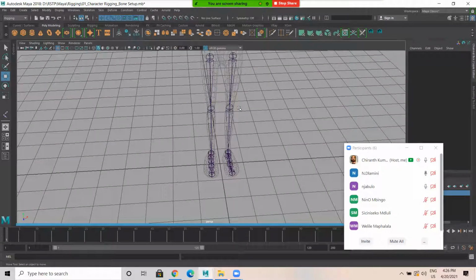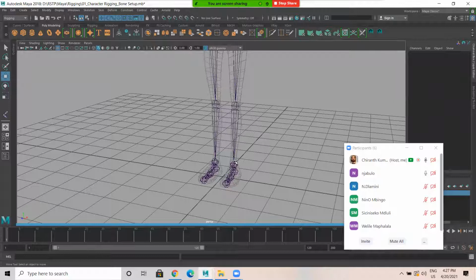Would it work the same if we were to completely rig the left leg with the controllers and pole vectors and everything, and then mirror it? No, no. That's a good question. Mirror works only for the joint part. Whereas when you add IK handles, it will add an effector. There is an influence when you add an IK handle. IK handles and all cannot be mirrored. Those are effectors of a joint.